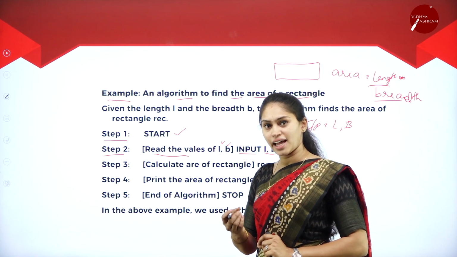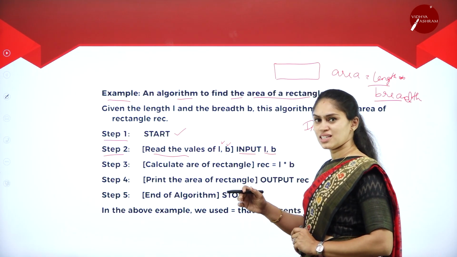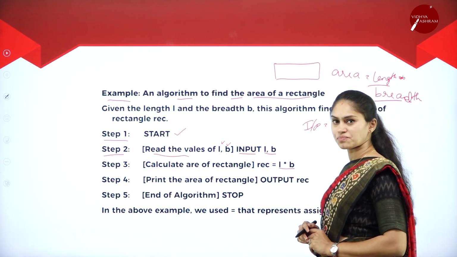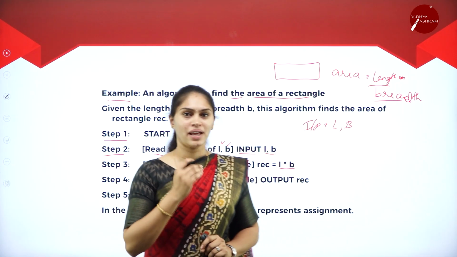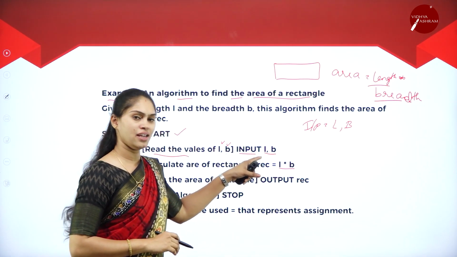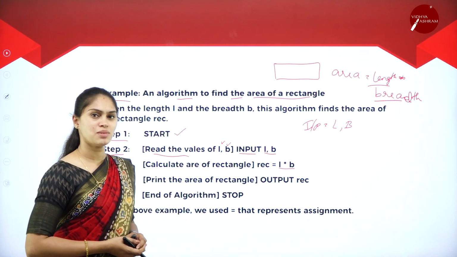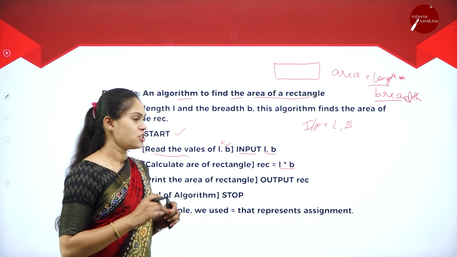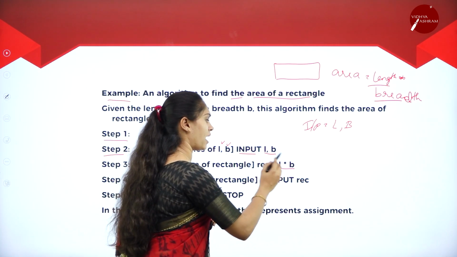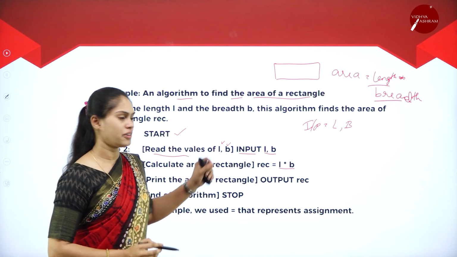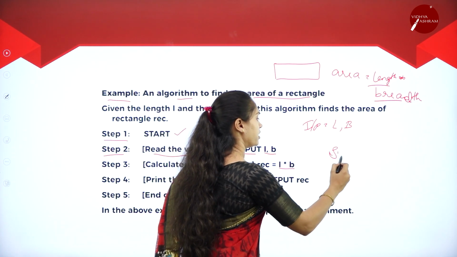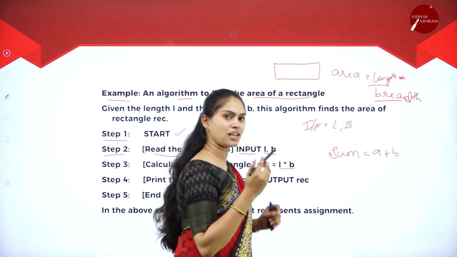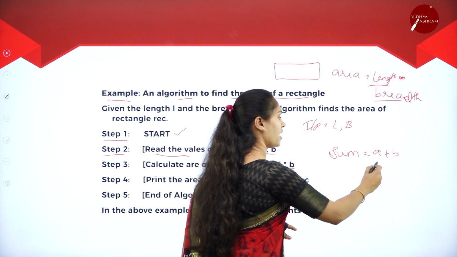How to calculate the area of a rectangle? What was the formula that I have discussed? That is L into B. So what I am doing? I am taking the input for the L and B. So whatever value has been given to this L and B, that will get multiplied, right? So once it is multiplied, it has to be stored somewhere. For example, sum is equal to A plus B. So what does it mean? Here I am adding two numbers A and B.